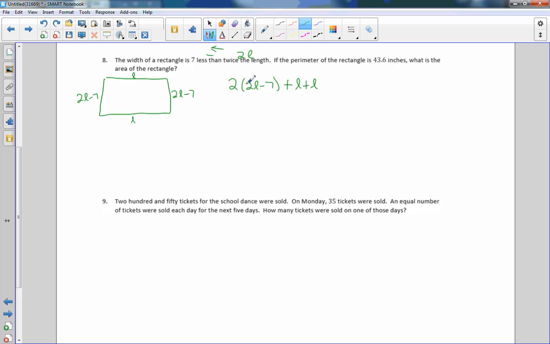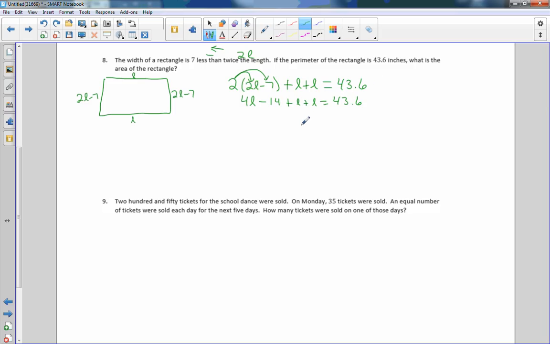But remember, repeated addition's multiplication, so I can say 2 times these is this plus this. It'd be the same as 4L plus minus 14. And the other two L's added in give me the 43.6. Distribute, and I get 4L. Distribute, positive times a negative is negative. 2 times 7 is 14, plus L equals